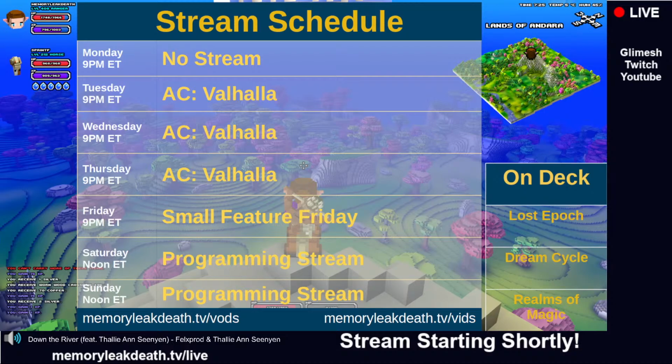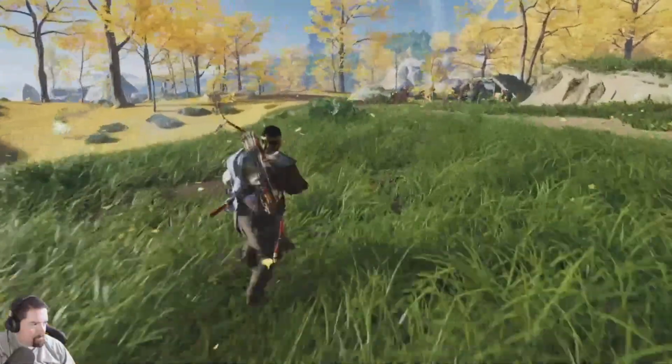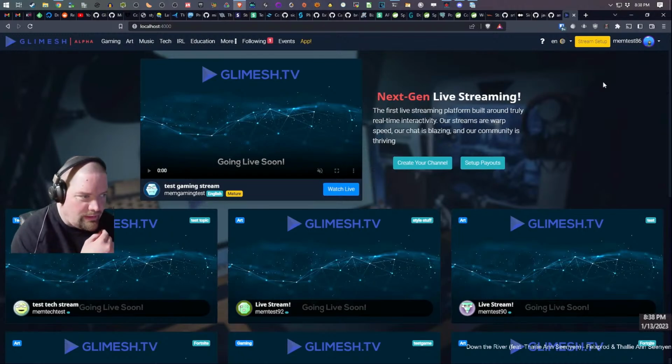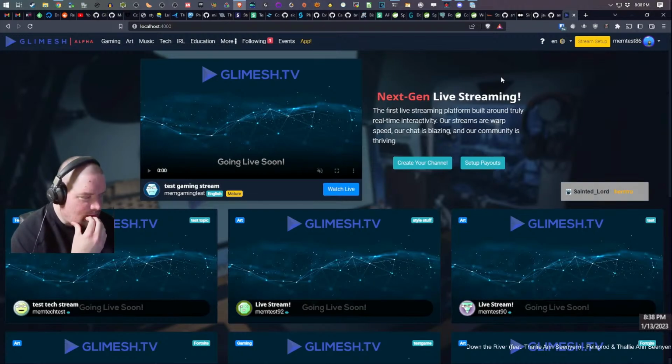And I'm trying to find where's my, I'm losing windows here. Okay, that's that window. Too many tabs, windows, buttons, knobs and switches in my life right now, friends. Alright, let's go get this screen up here. Welcome everybody. Hello, hello, hello. What do we got here? Alright. So, tonight I kind of want to, hey, Sailor Lord, welcome.